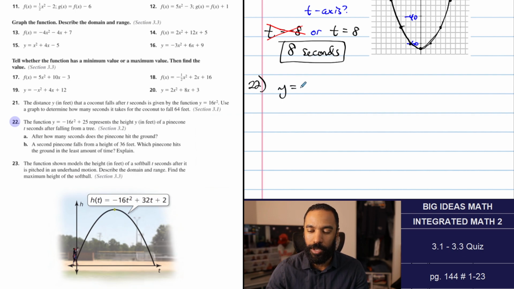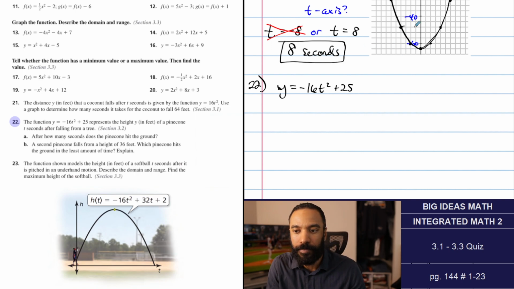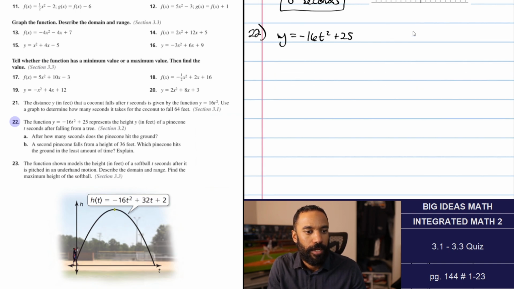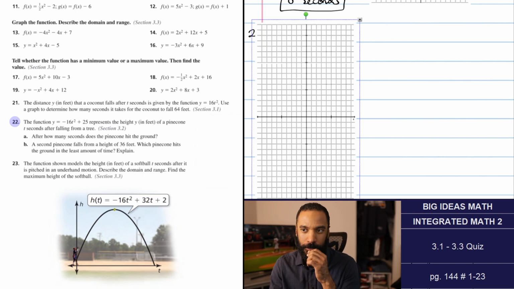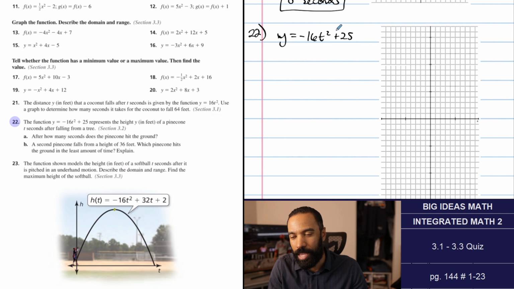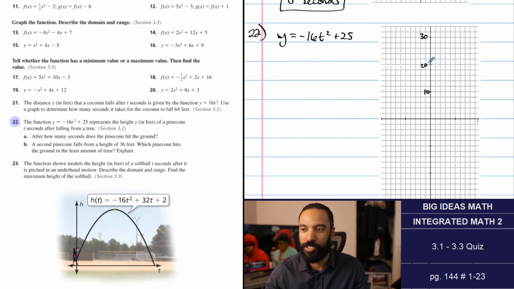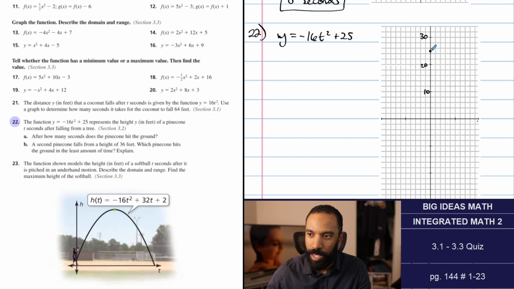So first we have y equals negative 16t squared plus 25. Now, I am curious actually about the second question. Oh, the second question I don't need to graph. The first question here we will graph it because it's kind of what they're asking us to do. They don't actually say it, but these sections are about graphing. Now, I can't fit 25 here unless I scale differently. So let's go by, I guess, 2s. So this will be 10 and 20 and 30. Now, 25 is in between, so here's 25. And negative 16t squared